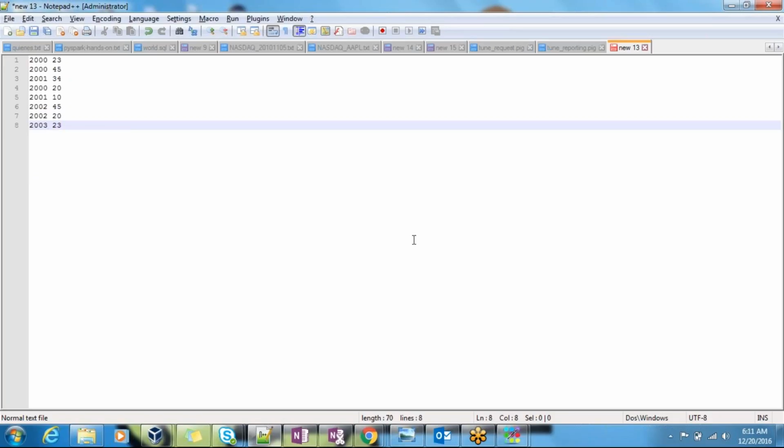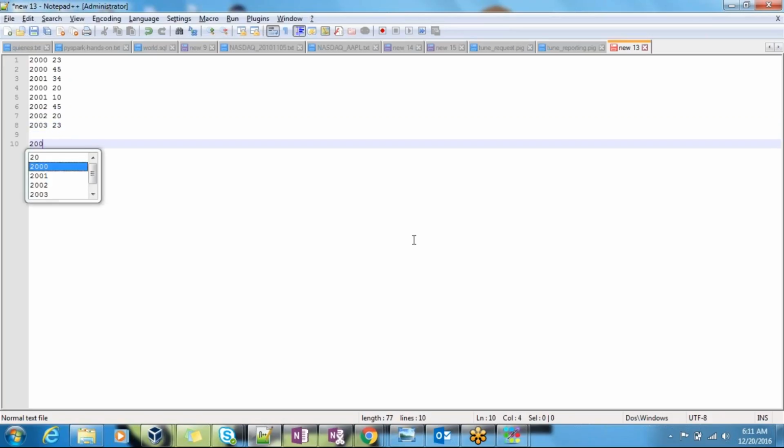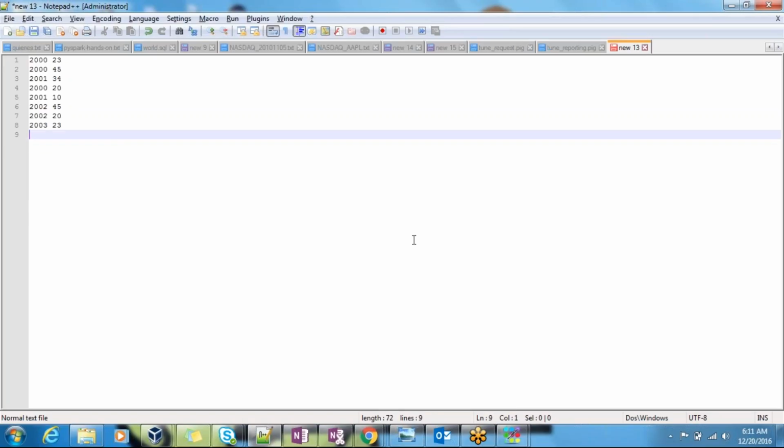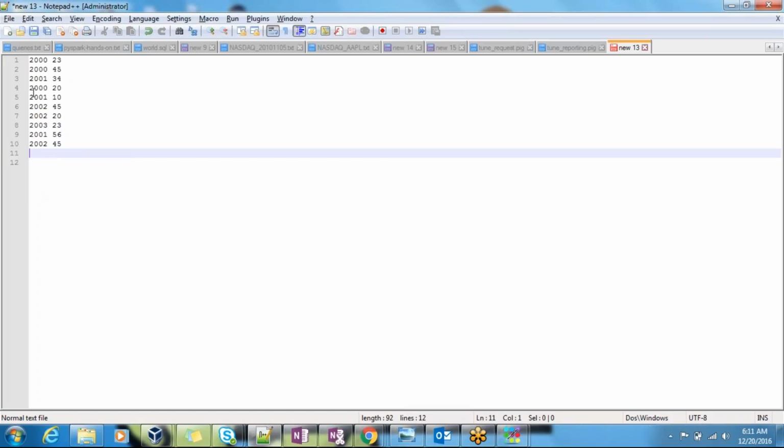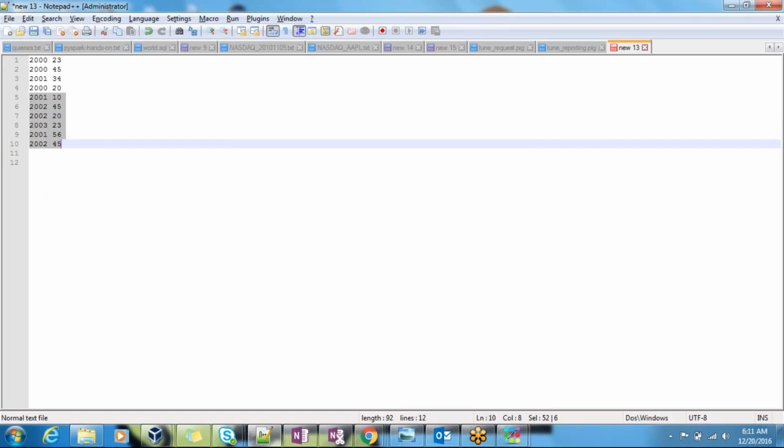Somewhere around 2003 it was again 23, and in 2001 somewhere it was 56, and in 2002 somewhere it was 45. So let me copy paste.